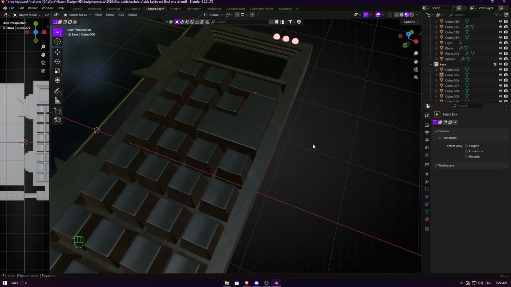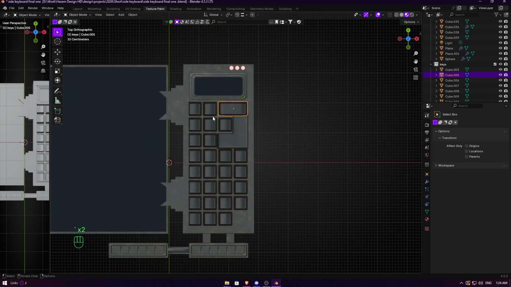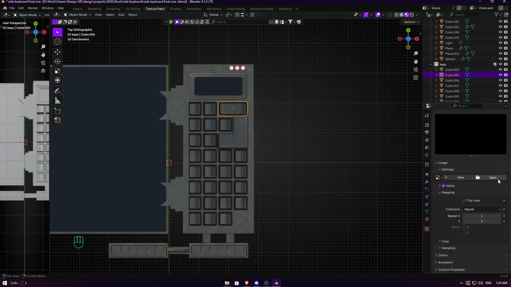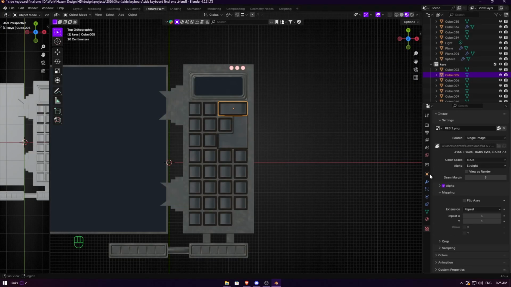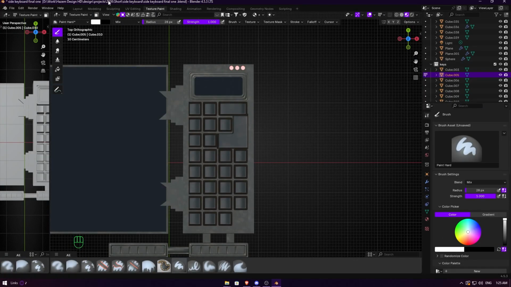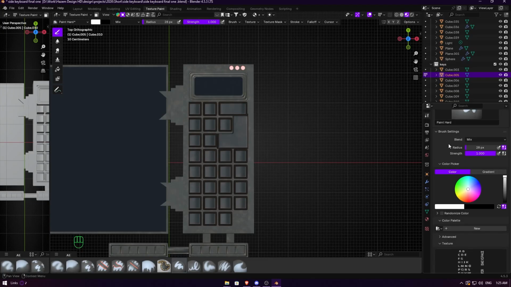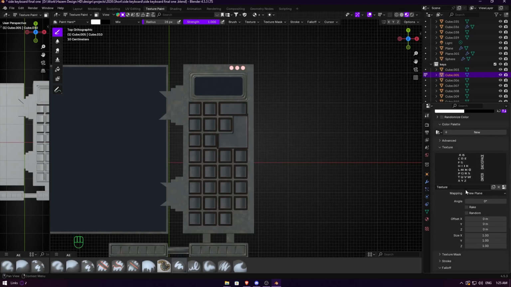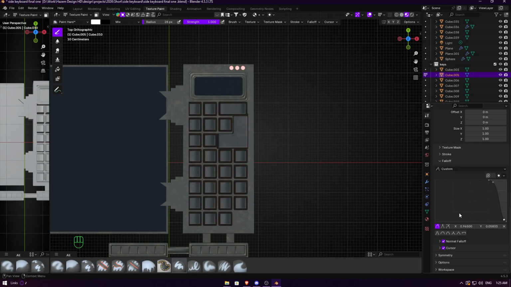So it's next, and if you want to make this simple, first you need to UV unwrap all these keys, as we already UV unwrapped it. And then we go to texture paint here and go to brush, new brush, and down here locate this alphabet here. So I'm gonna open, then go here and set this one. So texture paint, and go to this setting here and scroll down until you find this view as a plane. So change it to stencil and go down here, and from this custom here just turn on